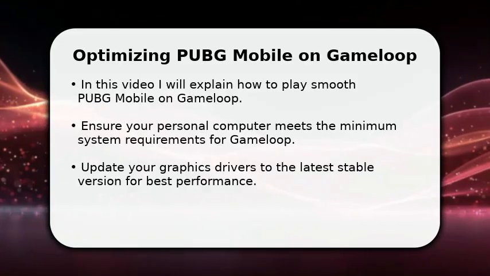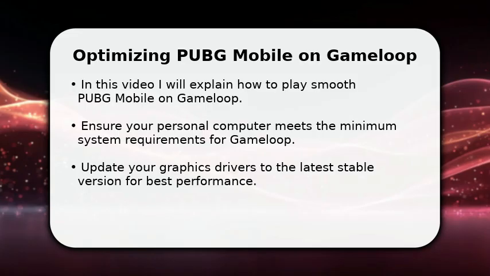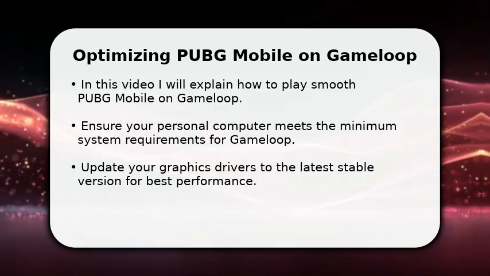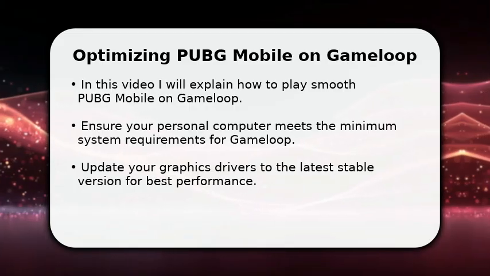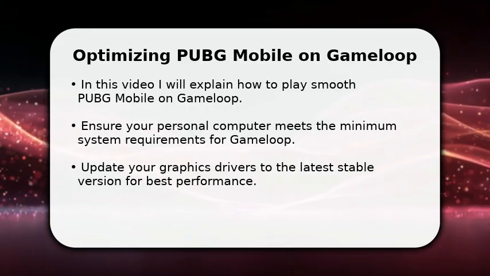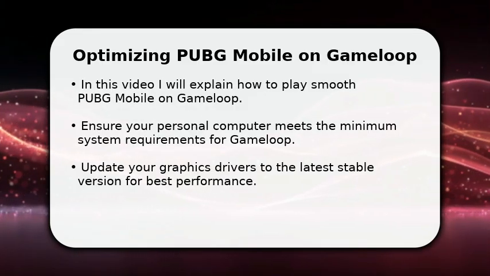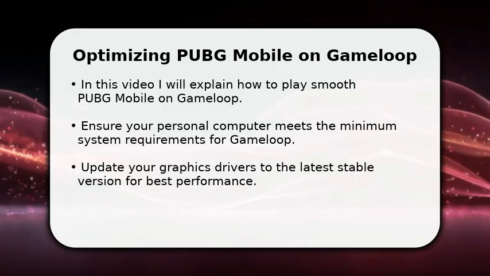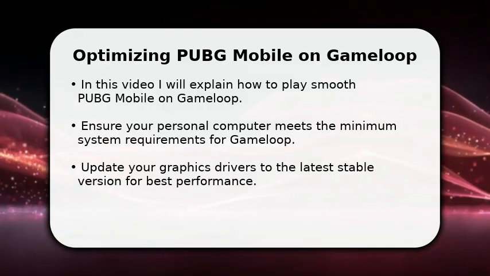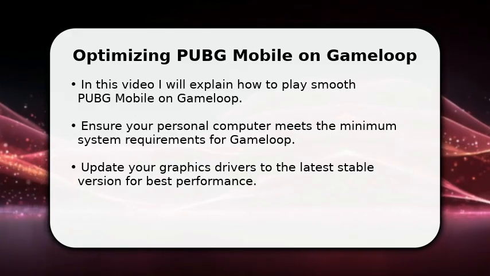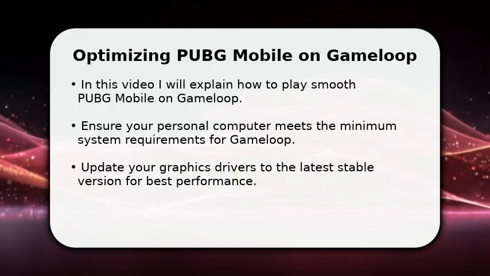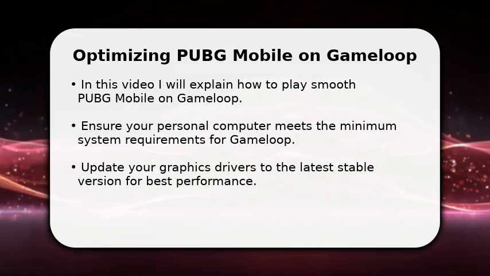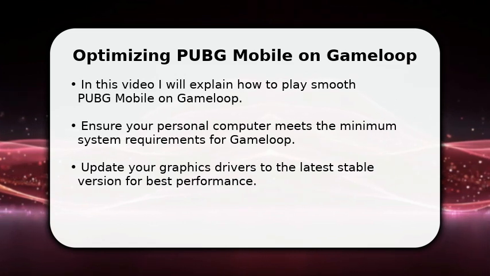In this video, I will explain how to play smooth PUBG Mobile on Gameloop. First, it's crucial to ensure your personal computer meets the minimum system requirements. Always update your graphics drivers to the latest stable version for optimal performance. Within Gameloop settings, allocate at least 4 GB of RAM and 4 central processing unit cores. These initial steps lay a strong foundation for a much smoother gaming experience, helping to prevent common performance bottlenecks right